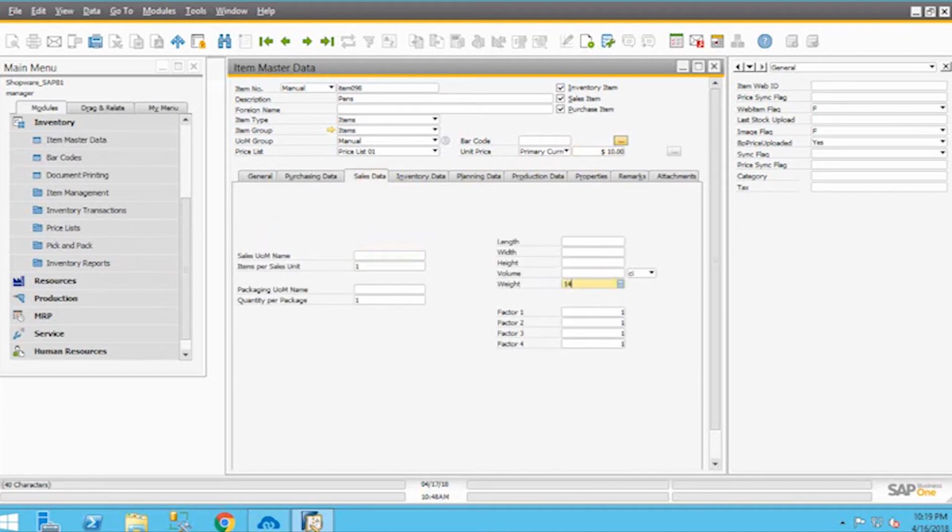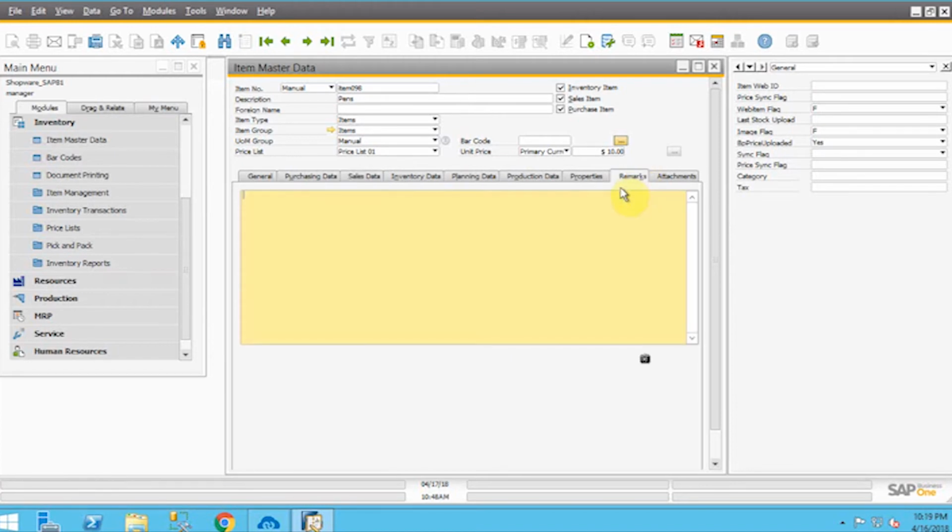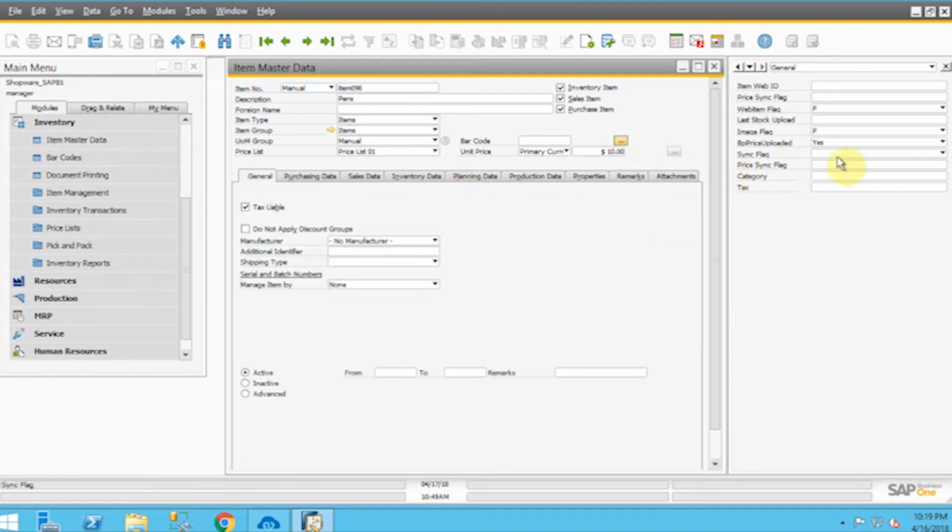So under the sales data, weight is a required field. You need to provide the weight for this item. Remarks is basically used to provide a valid description for this product. So you can mention the valid description or whatever description you would like to provide for this product. Now here, as you can see, category and tax are the two required fields in order to create an